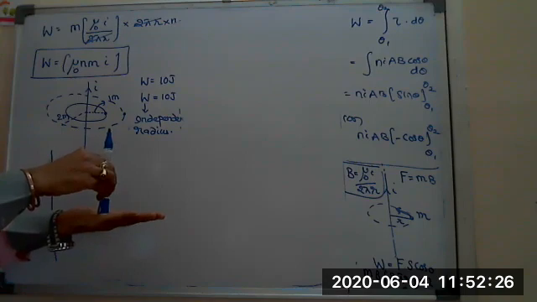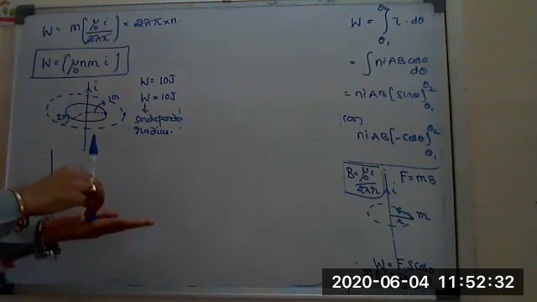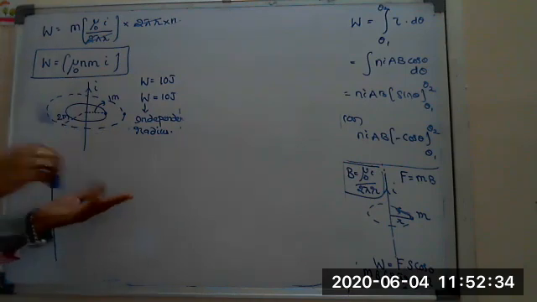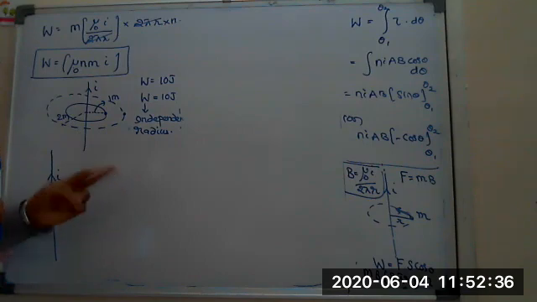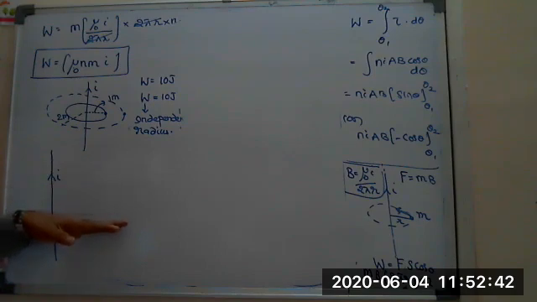Then they may ask where the null points are formed. To find the null point, we require at least two magnetic fields in opposite direction as well as equal in magnitude. Then only the null point will be formed. So here in this case, one magnetic field is formed by the current carrying conductor.